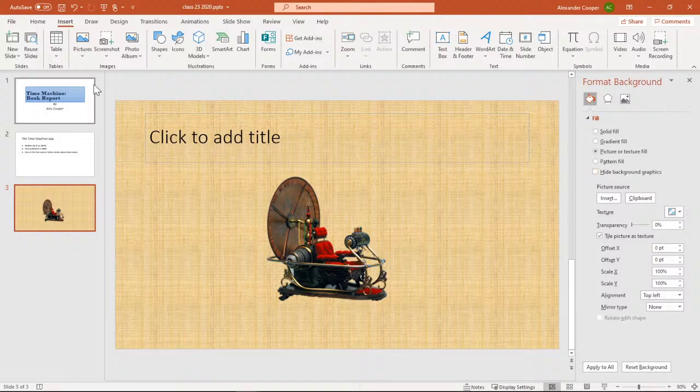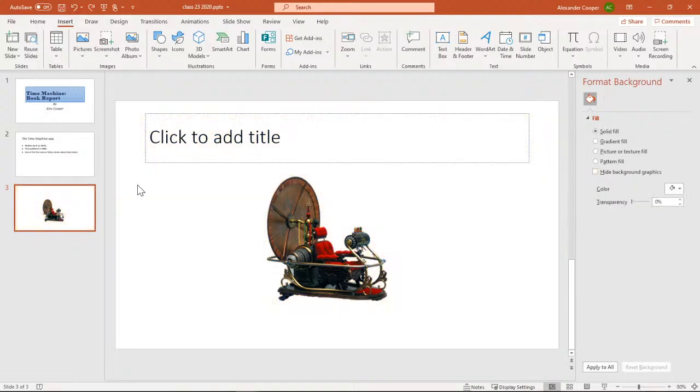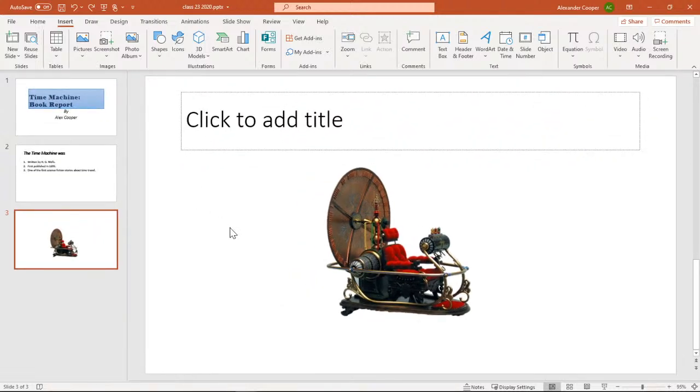So let's say I want my background to be a picture. A lot of folks will deal with trying to find themes, and I'm going to show you how PowerPoint already has thousands of themes built in. You just change the color and stuff. But one thing you can do is create your own theme for the background. One of the things we do is format background, which is